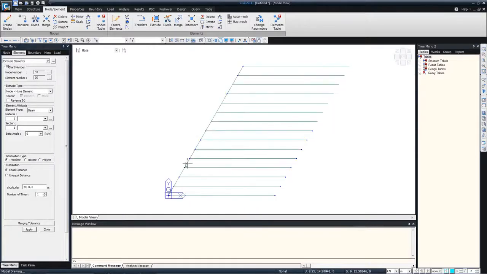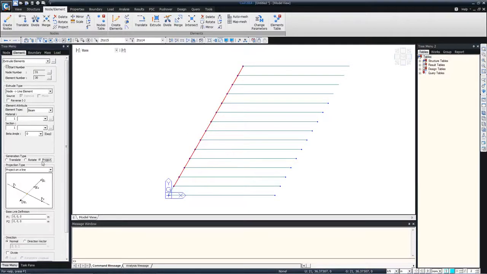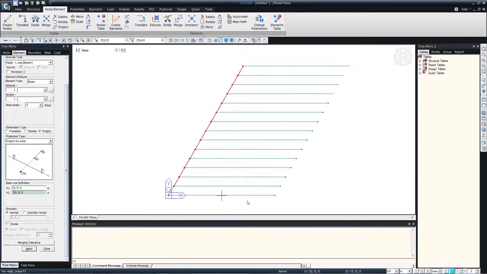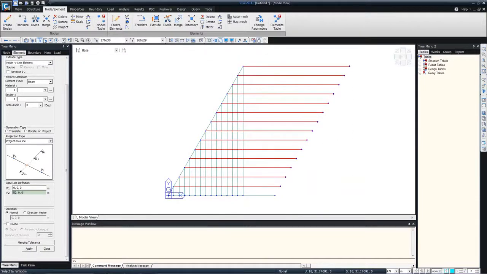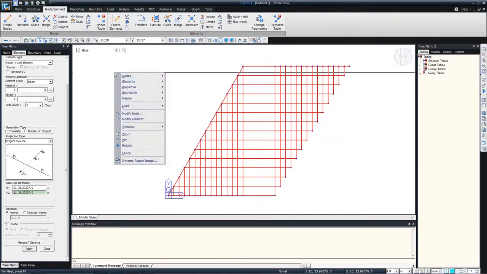Right. Okay, now for the orthogonal grillage, we can simply project the points here using the extrude function. Project them on this baseline, apply, and similarly select these points here. And this time the baseline is this one, apply. Now for in between, we need to make sure that they are intersected properly, so I'll select everything and